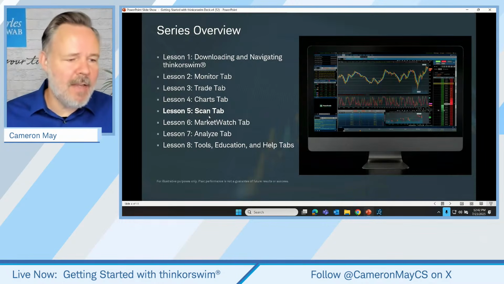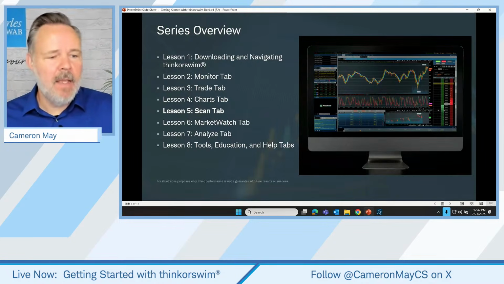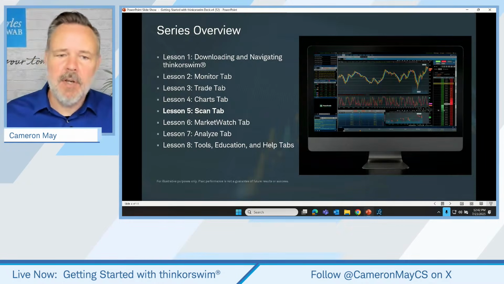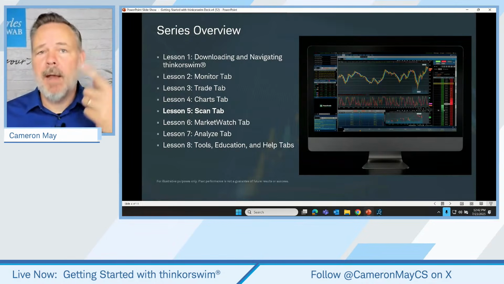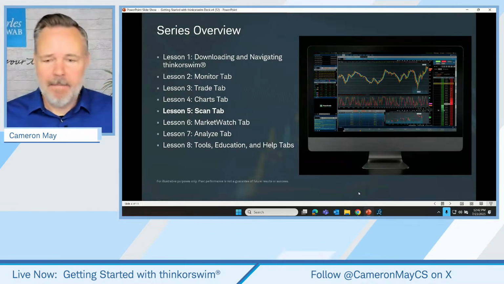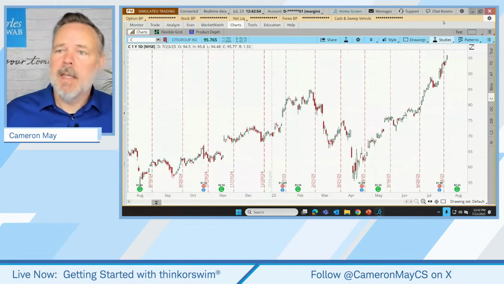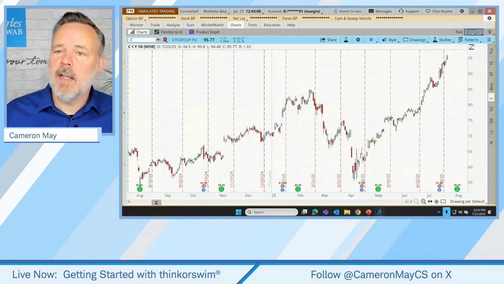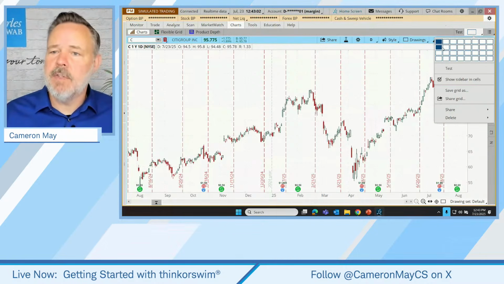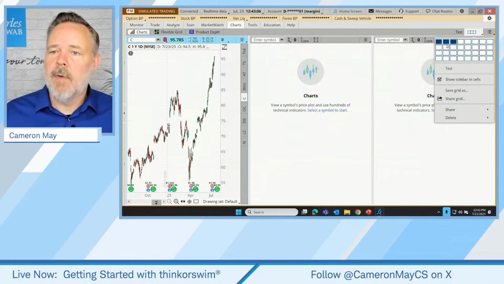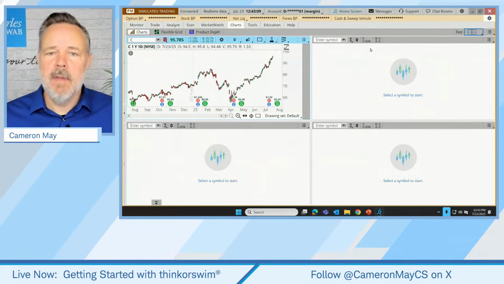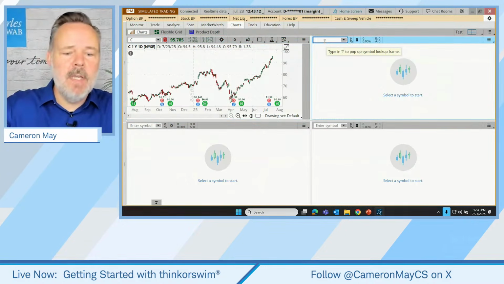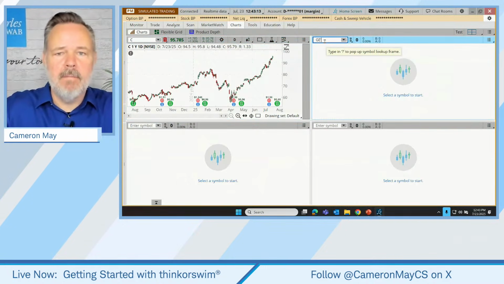Oh, Sadika just asked a great question. Yes. Can we see two different stocks on the same chart? Yes. So we're going to talk about scan. Let me go back to that. Good point. Right up there. See this, Sadika? This little rectangle up here is known as the chart grid. If I click on that, it allows me to choose different arrangements of charts. So we can have them in a row. We can have them in rows and columns, but each one of these is individually usable, just like any other chart.